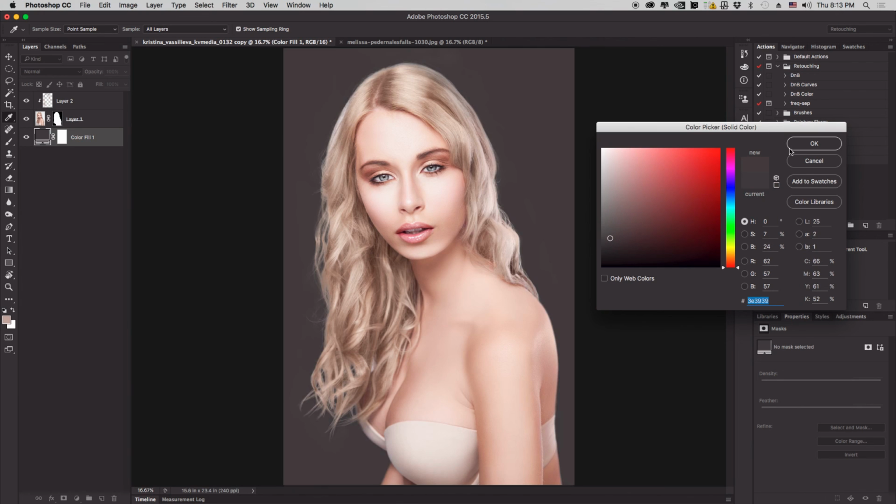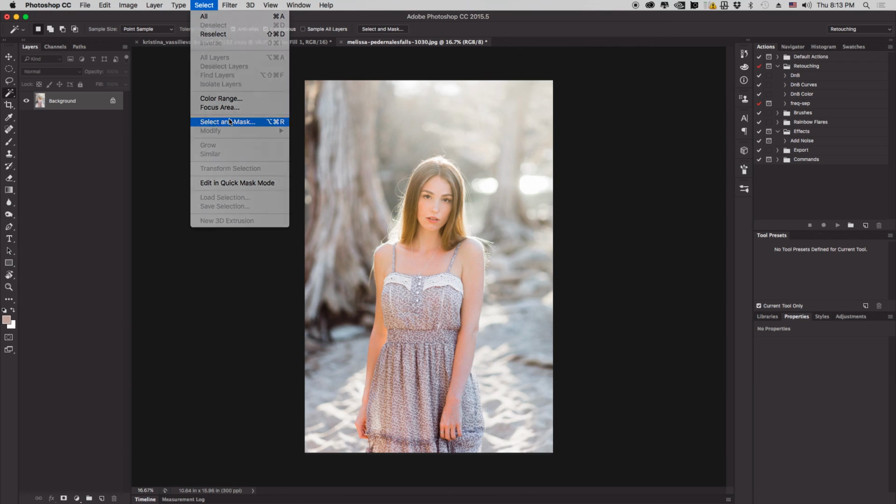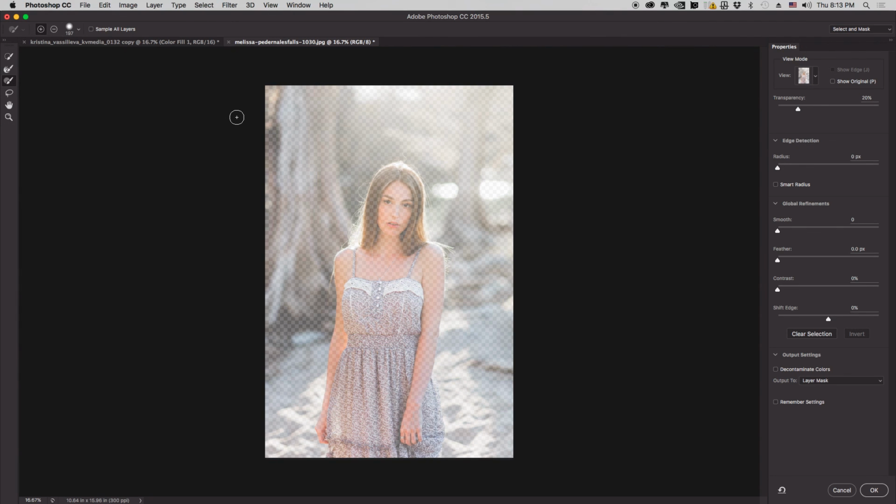That's it for now. Let me show you the other one that I didn't show you, which is select and mask. It basically goes straight to this dialog, and you can just do what we were doing with the focus area selection. You just go and paint in, and I think it's the quick selection. Yeah, you go with the quick selection